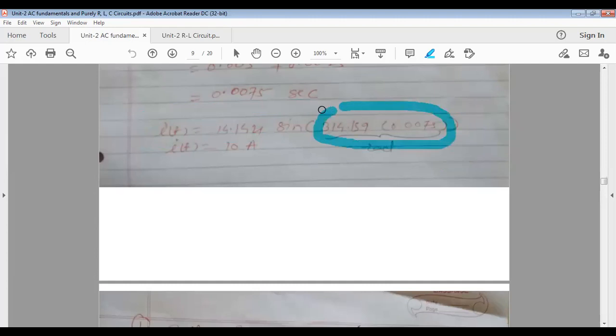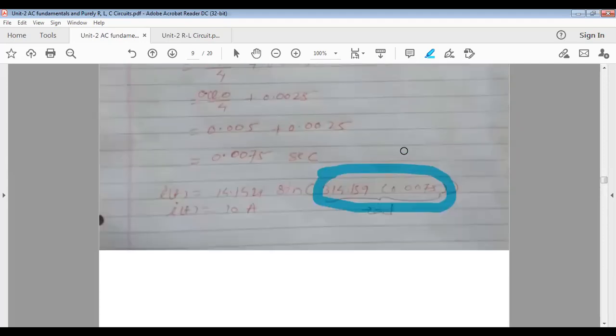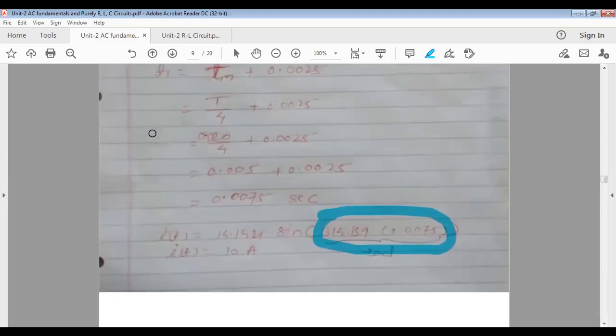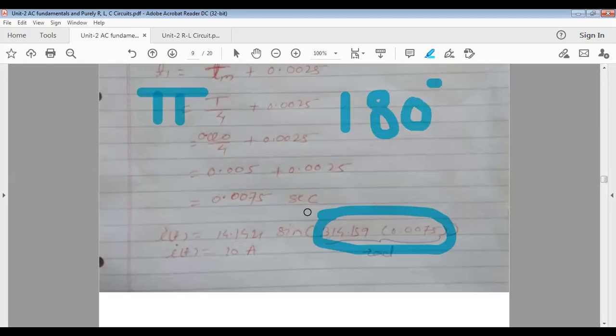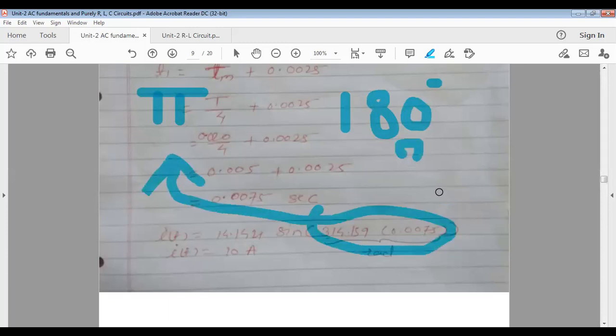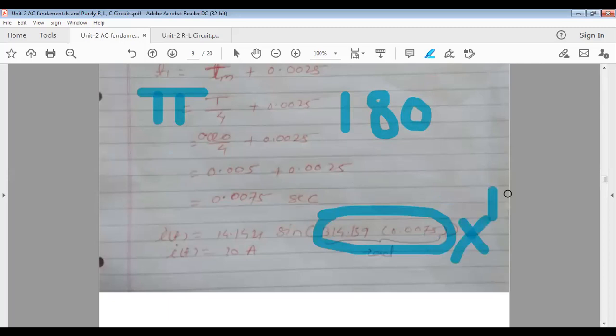Don't make a mistake over here in the exam. Whatever parameter you are getting here, it is in radian. So how can we convert radian to degree? Multiplying 180 by pi. Very good. Because all of you know pi radian is equal to 180 degree. So this one term, this much radian will be equal to how many degrees? So this term into 180 degree divided by pi, means you have to multiply it by 180 degree by pi.